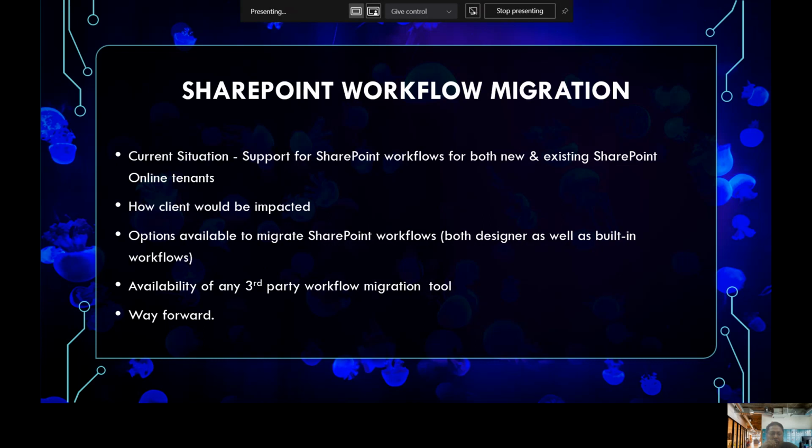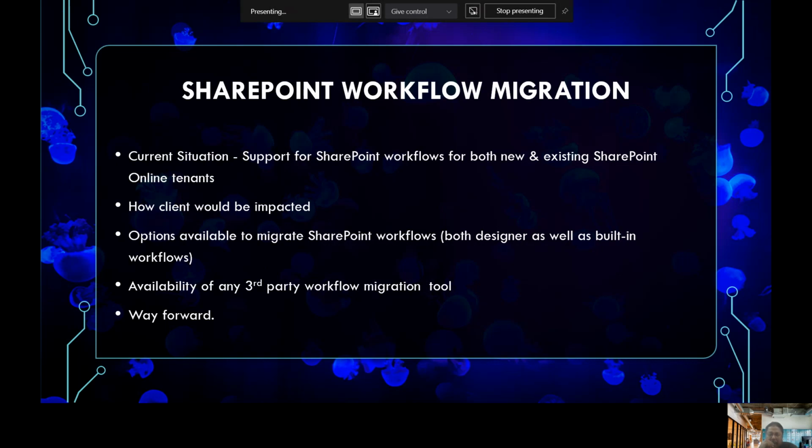By now, you all must be knowing the fact that SharePoint 2010 workflows have already been turned off for both newly created tenants as well as existing SharePoint Online tenants, which means we won't be able to run or create SharePoint 2010 workflows for SharePoint Online tenants.